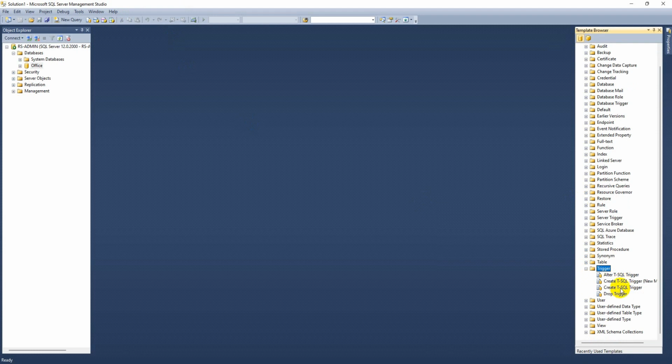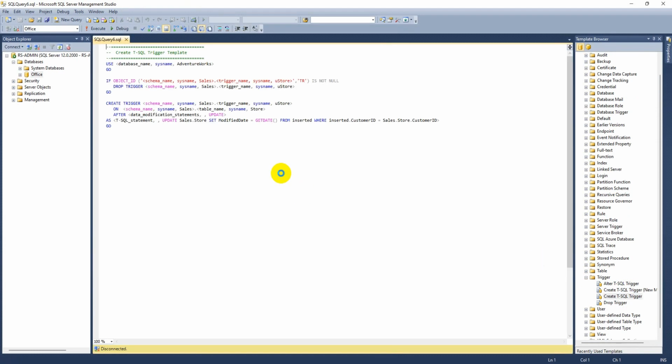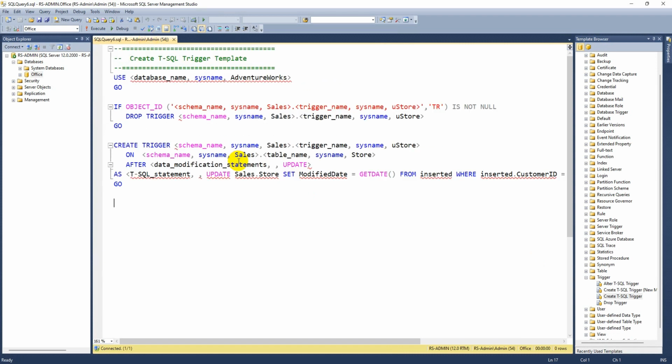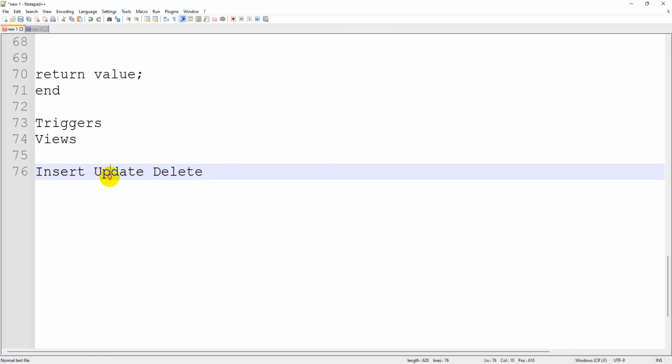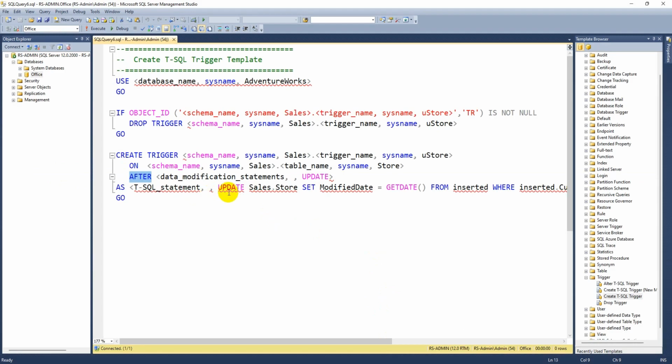In case I want to create a trigger, how can we create a trigger? This is the example. Now you can see create trigger. Guys, normally there will be two types of triggers, before and after. But SQL Server is supporting only after triggers. That means before insert, before update, before delete are not working here. You can perform only transactions like after insert, after update, after delete. That is what you need to understand from this syntax.